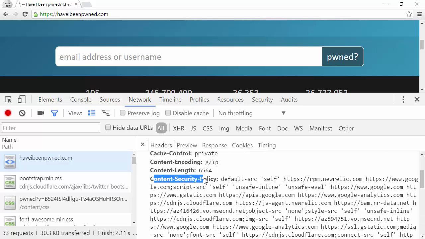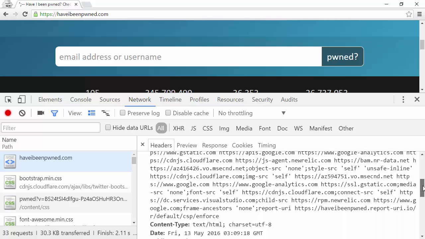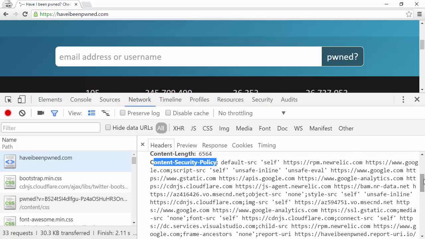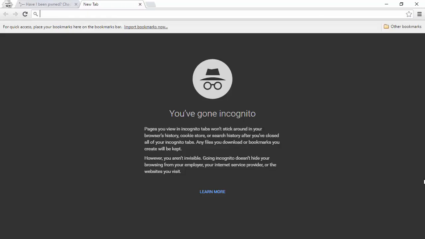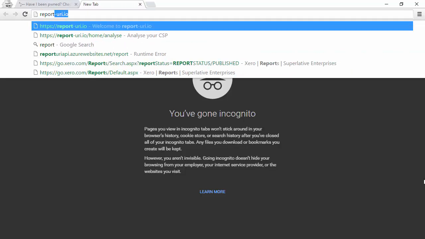So see how we've got a content security policy header here, and then we've got a lot of text afterwards. All right, it's a great big kludge of text, but it is just text. The content security policy is nothing more than a response header. Now here's what we can do. I want to show you how this actually can be read in a more human legible fashion. I'll jump over here and we'll go to